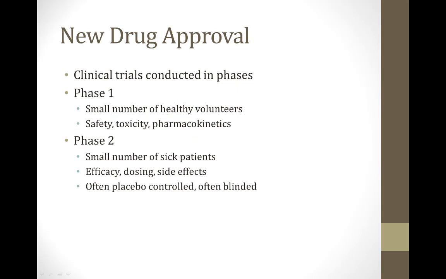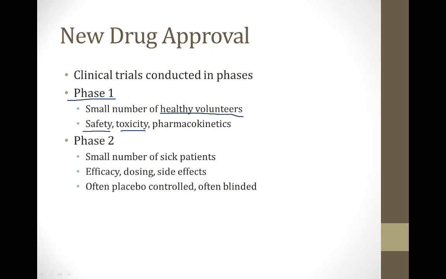So imagine that you have a drug which appears to work in animal studies and you think it may be efficacious for a disease. What you're going to have to do is conduct several phases of clinical trials in order to receive approval from the government to sell the drug to patients. So the phases are numbered, and you start with something called a phase 1 trial. This is a very small clinical trial, usually with healthy volunteers. They get a small amount of the drug, and what you're trying to do in phase 1 is just determine